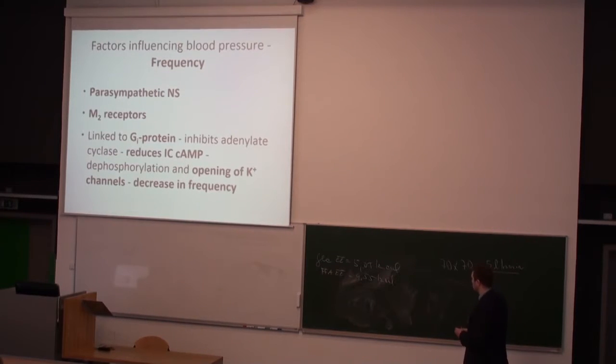So if you look into your books, we have the curve of the sinoatrial node. Then if you have the action of the sympathetic nervous system, here the curve much quicker reaches the threshold. And if you have the parasympathetic tone, then the curve reaches the threshold later. That means that here you have lower frequency and here you have higher frequency. Simply here you quicker reach the threshold, and here the threshold potential is postponed.